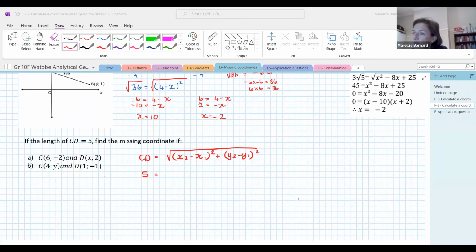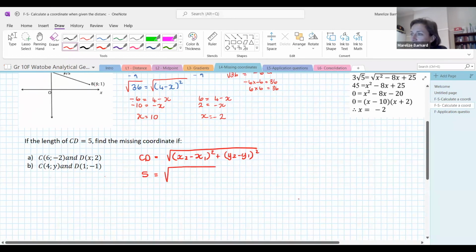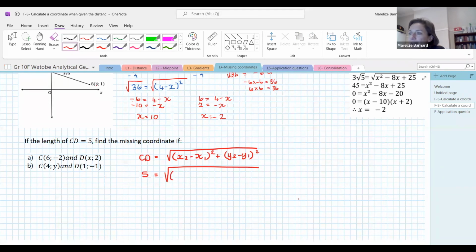Okay, so if you are done, just hold your answer. I'm going to go through the question and you can then just check if you got it right in the end. Okay, so we set up our formula with our distance formula, and now we're going to substitute in what we have. CD is 5. We are going to do the x coordinates. So we do 6 minus x. Could have done them the other way around. Doesn't matter, we'll get the same answer. And then we've got minus 2